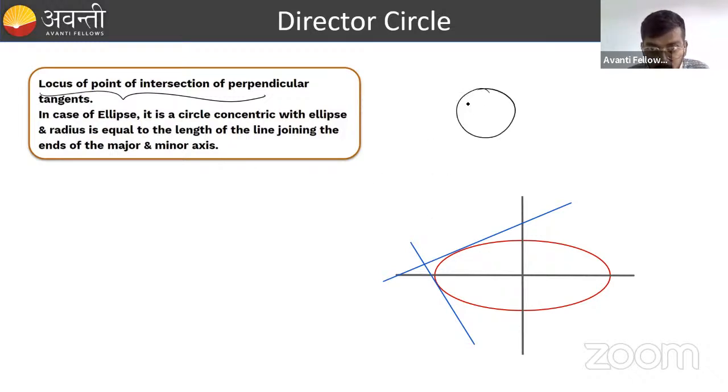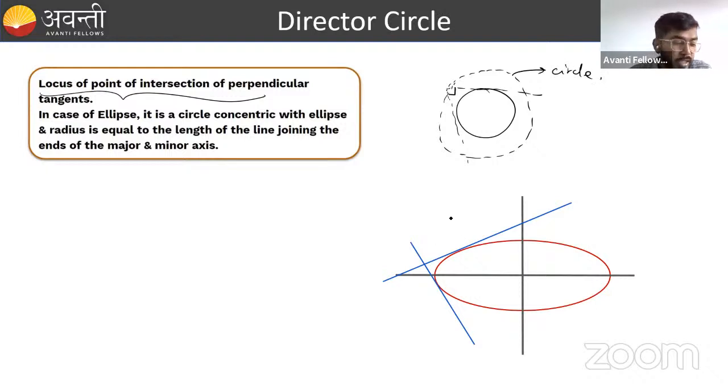For a circle, we derived something like this, and this was perpendicular, and the tangents also came out to be a circle, right? So the information that has been given here is that the locus of this perpendicular tangent falls on a circle,